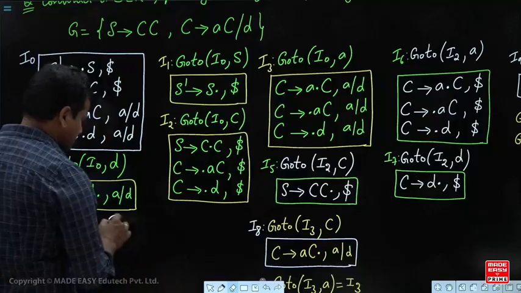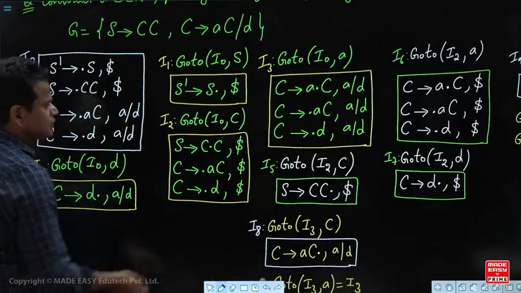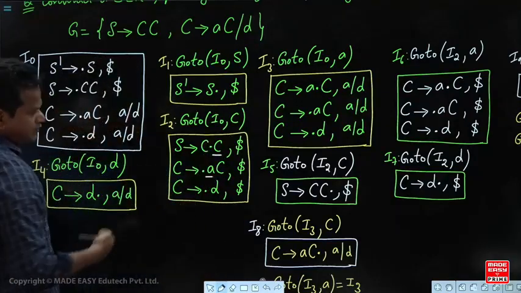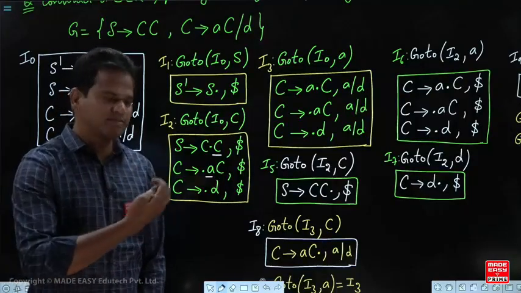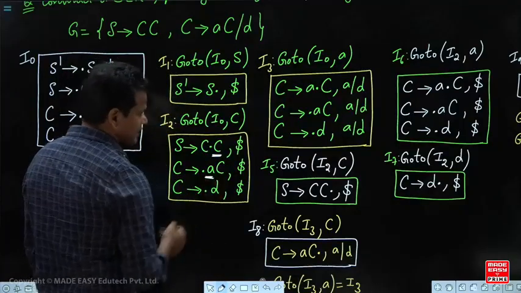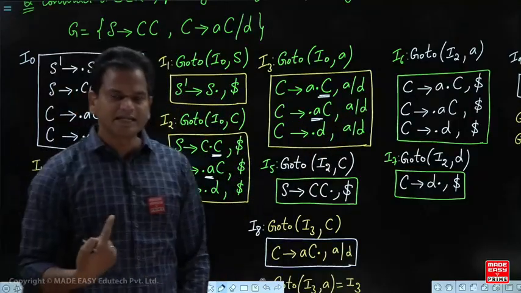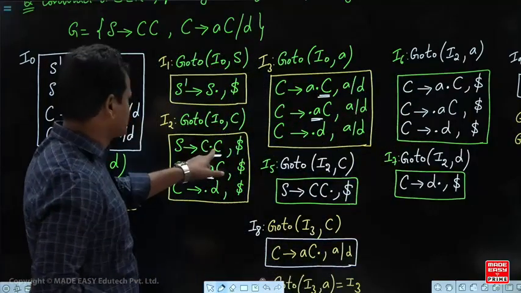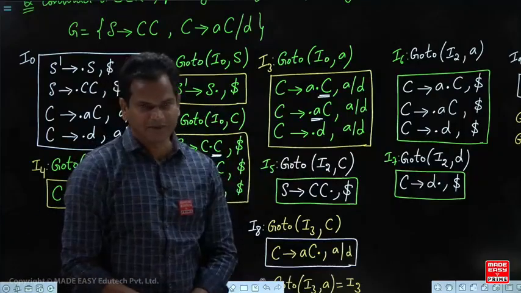So whatever production you consider in these states, either the dot reaches the end or the dot does not reach the end. Here the dot has not reached the end. Wherever the dot has not reached the end, after the dot some symbol will be there. If the dot is followed by a non-terminal, for all those productions we enter in the go to part,